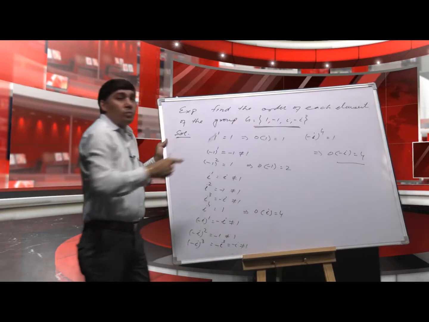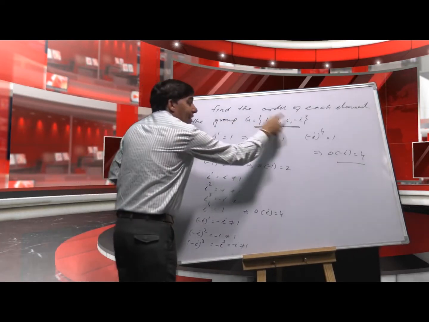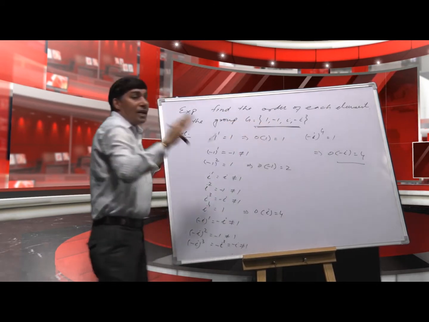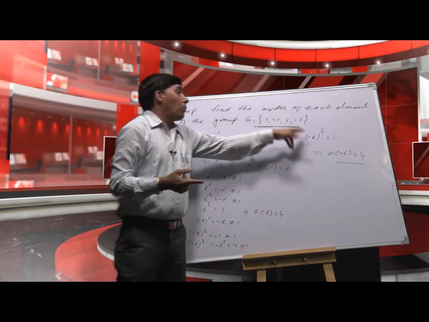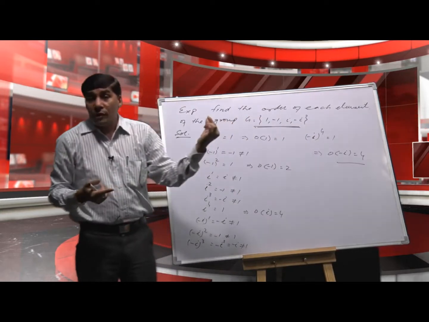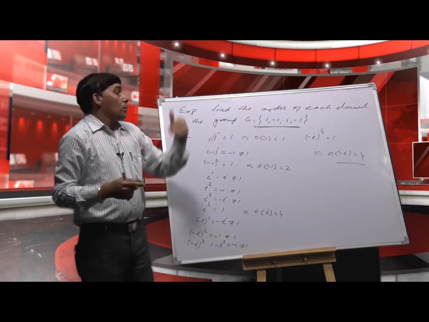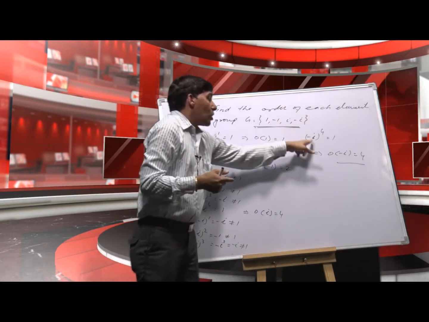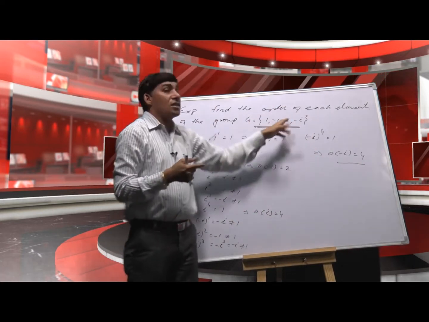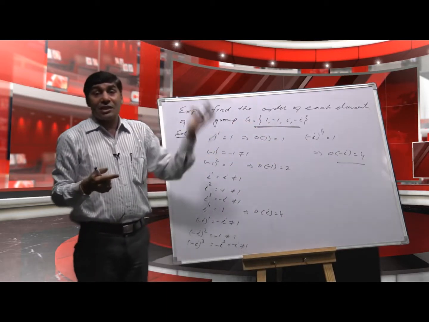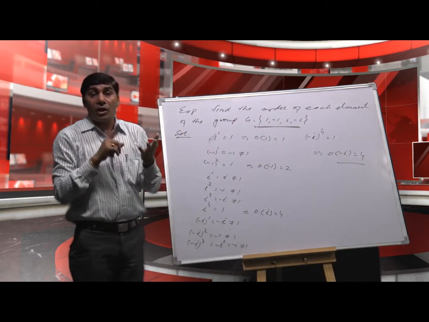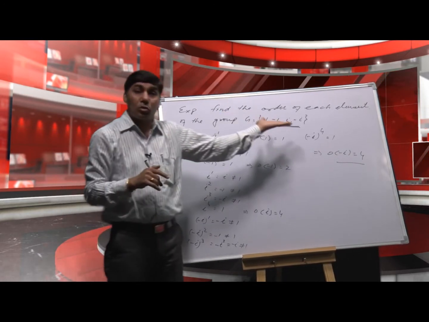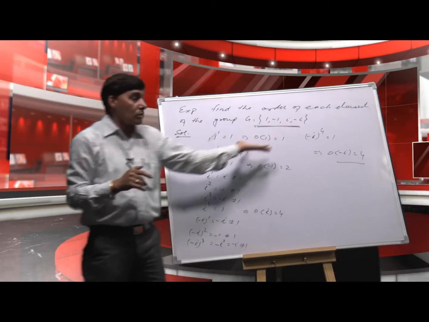G is a cyclic group. It is generated by i. That means every element can be written in the form of powers of i. We can write every element of G in the form of powers of -i also. That means the order of the generator and the order of the group are the same. The order of i is 4 and the order of G is also 4. It's a standard result that the order of a generator is always equal to the order of the group. We will discuss it later on.